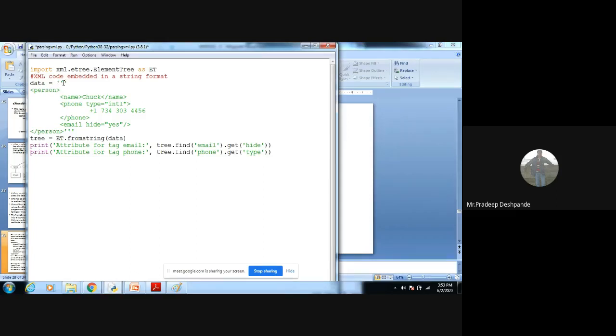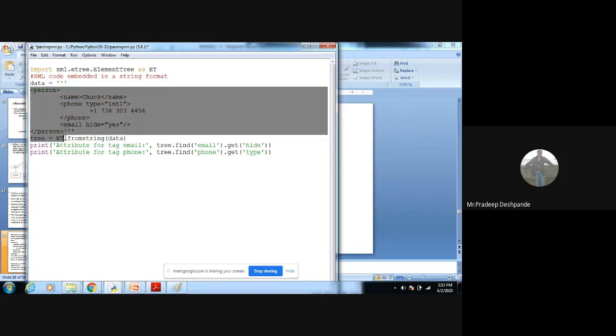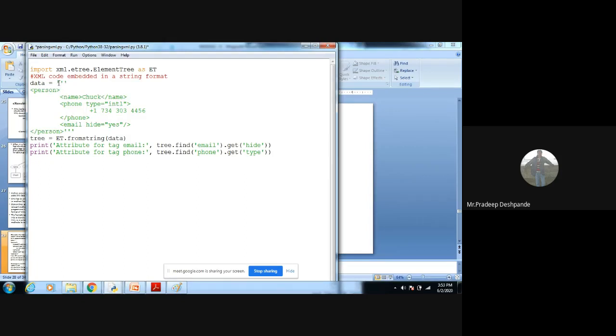In machine learning programs, many times you use it. We are embedding this particular data inside the Python program, so you have to use three apostrophes here and here.